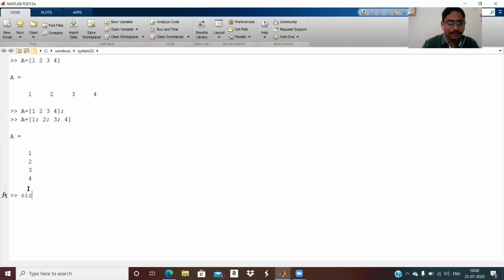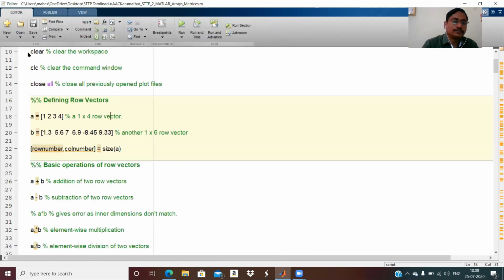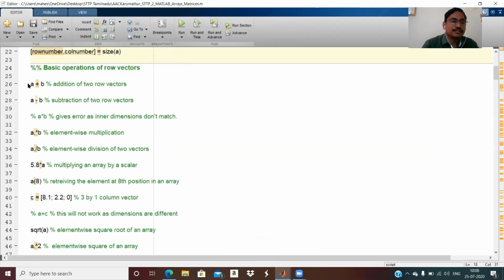You can look at the size of A. Its size is 4. It's just the product of rows and columns, and you can also see the number of elements in A. So these are the basic operations. If you want to add two vectors, you just type A plus B. A and B must have the same dimension. But a scalar is added to every element of a matrix. Suppose your A is a matrix, and then you want to add a scalar. So 89 will be added to every number here. In that case, it will work.